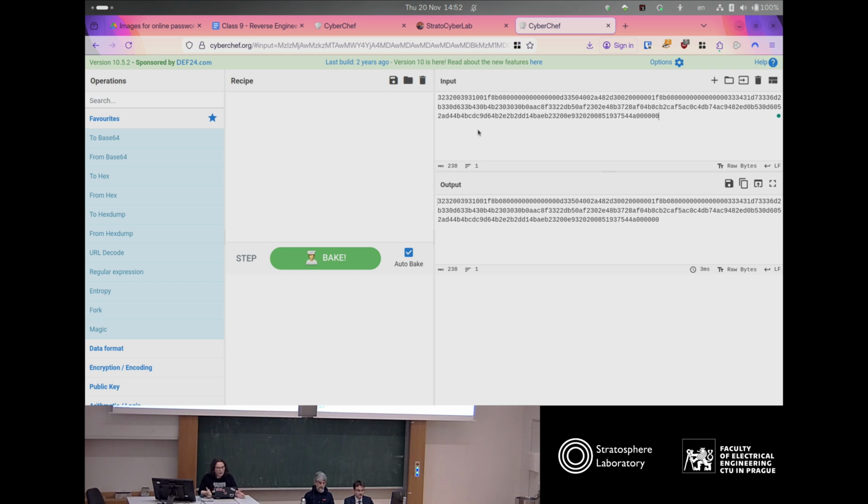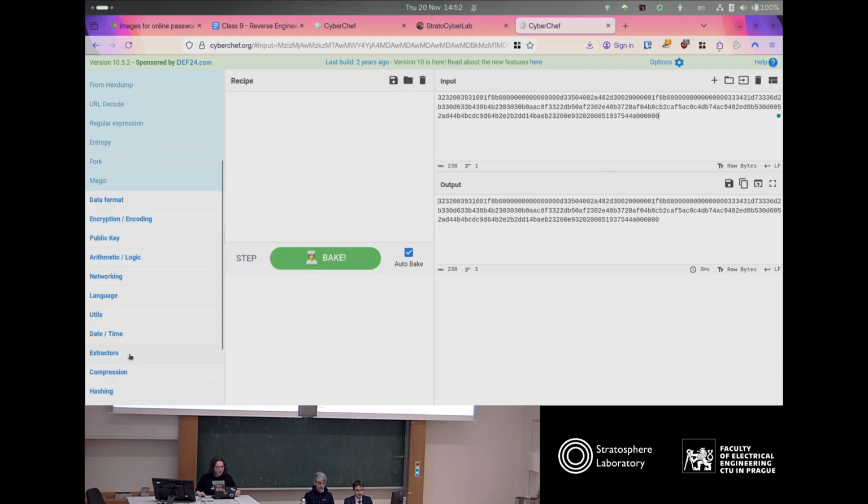It's a very handy tool that you can use in order to actually check data, modify. For example, you can encode and decode in base64. You can convert from hexadecimal to strings, or there is also encryption. There is a lot of operations that you can do over data or over files, and it can be very handy because right now, for example, we know that these bytes, the first one, the 32 is 22, then a